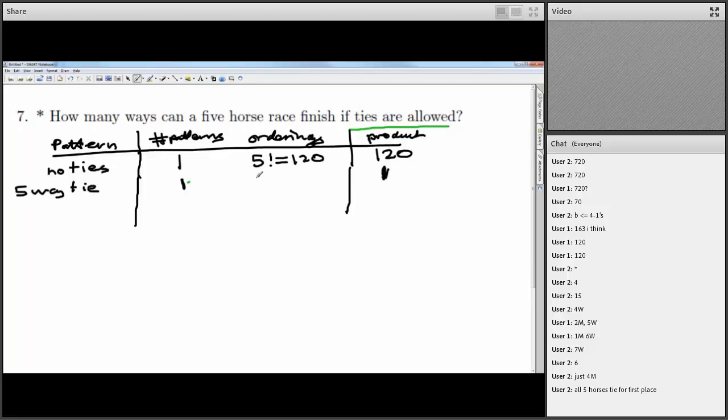Another way of thinking about it is, I could order all 5 horses in 5 factorial ways. The problem is, because there's a tie, I'm overcounting big time. The number of times I'm overcounting is the number of ways of ordering those horses within the tie. So if I divide 5 factorial by the number of ways of ordering them within the tie, 5 factorial, that gives me the right answer. I write it that way just so you can see the pattern for the rest of them. But the answer is 1. So it's 1 times 1. There's just one way of getting a 5-way tie, essentially.